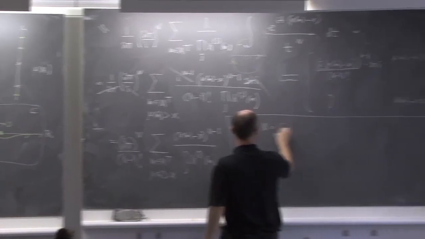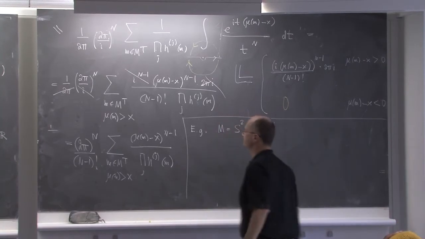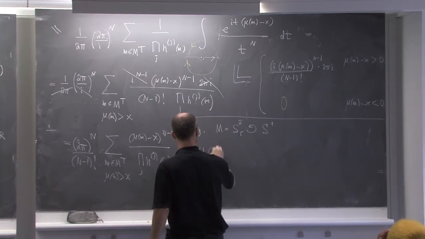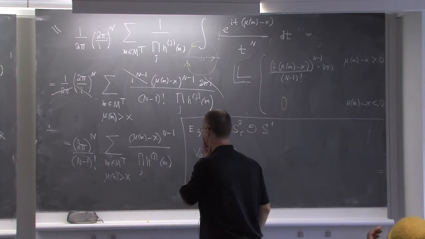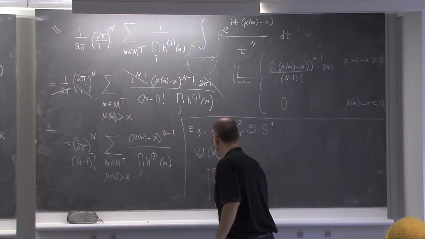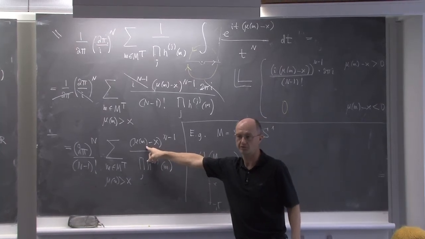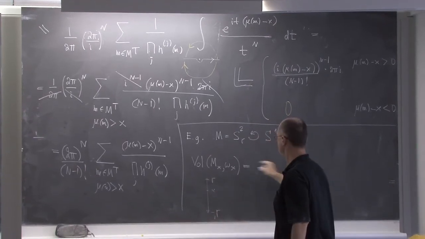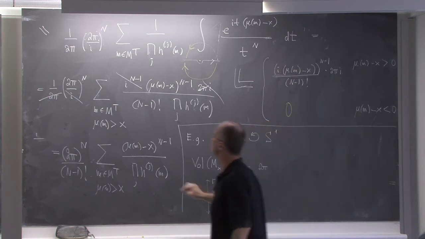So M is a two-sphere with the S1 action. So now let's see what this formula gives. Of course, if we have x somewhere between r and minus r, there will be only one contribution now, right? So this will be the contribution from the north pole. And here we have 2 pi to the power, sorry, I think,